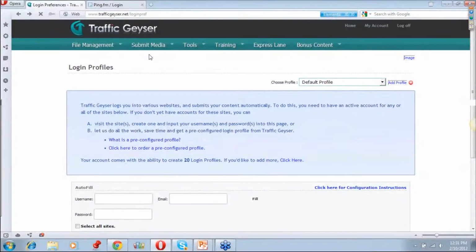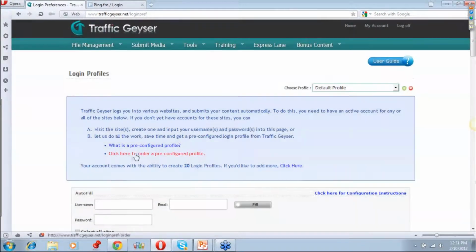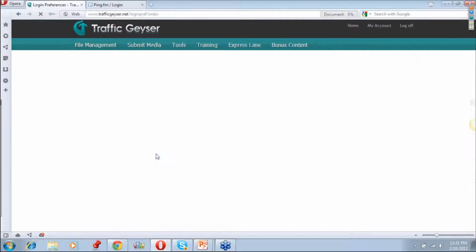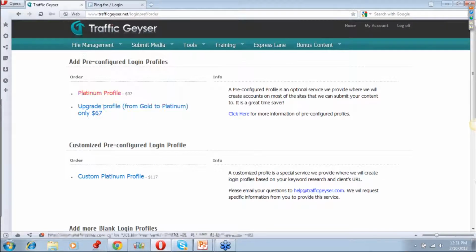If you want us to do it for you, you just click here to order a pre-configured profile. Then it'll give you the three listings: either the regular Platinum profile, which is random usernames and passwords, or an upgrade from the gold profile that you purchased prior, and that would be $67, and we'll just add on to all of the new sites that you have now that you didn't have prior, or the custom Platinum profile,